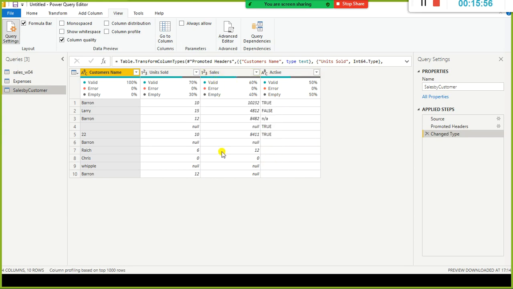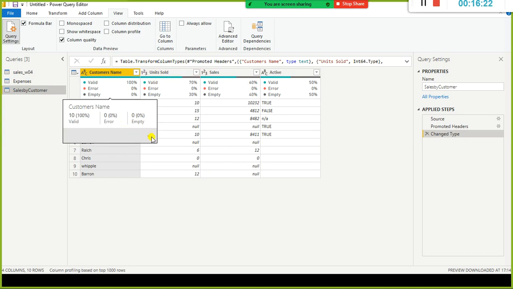Similarly, when you look at this column, the same thing is applicable here. The empty is 40%. Out of the 10, 4 records, so 40%. 60% of the values in this column are non-blank, 40% of them are blank values. That is what we are able to understand. We get a quick insight about this one. And also if you keep the cursor, you can see the same thing.